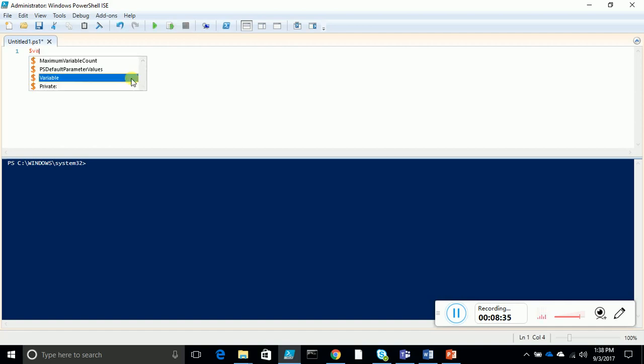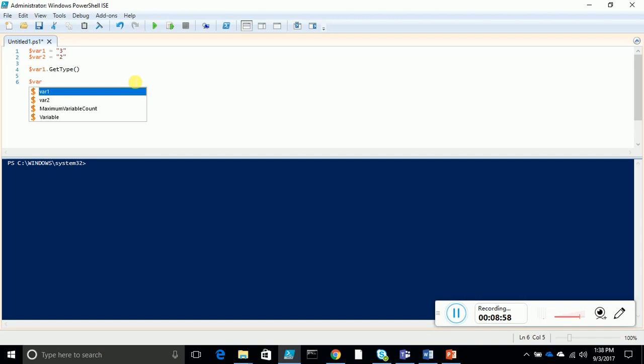Let's do the same thing again. $variable1 is equal to 3, and $variable2 is equal to 2. Then let's get the type of each one. $var1.GetType. Now let's do the same thing, $var2.GetType. And then let's do some operation over these two variables: var1 plus